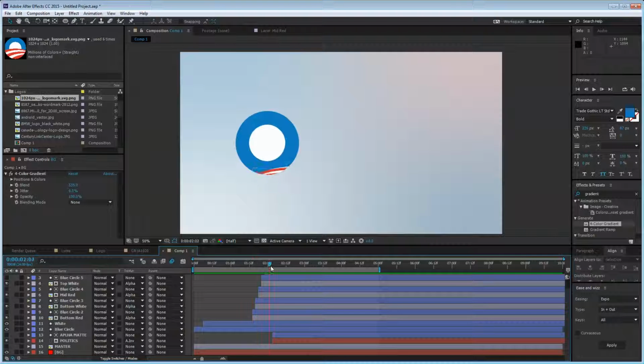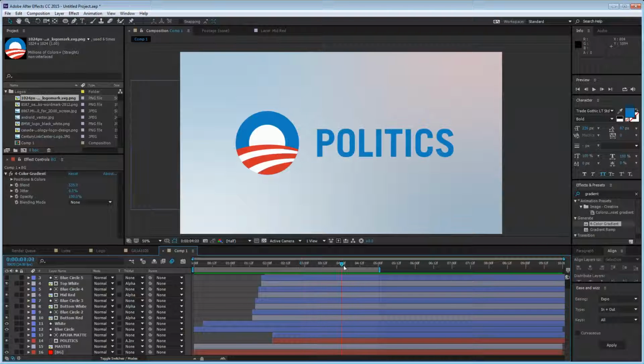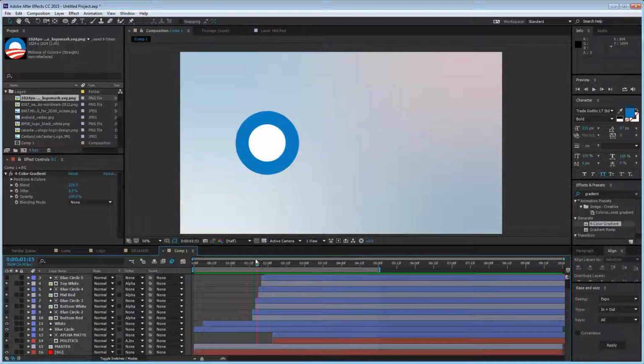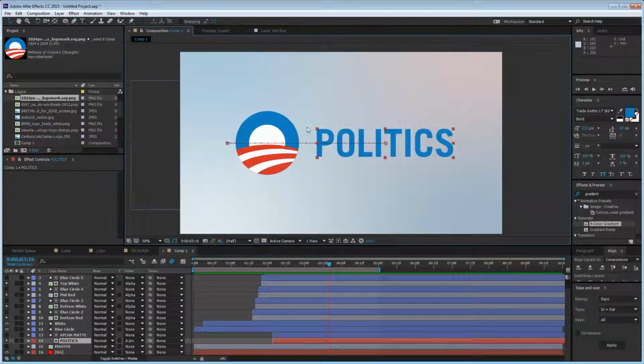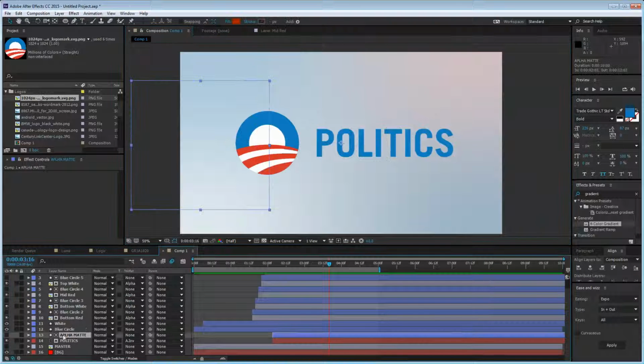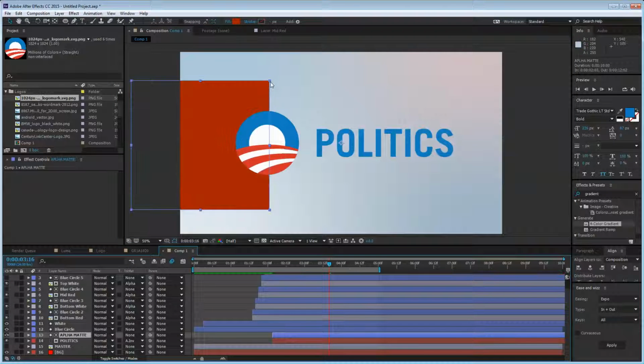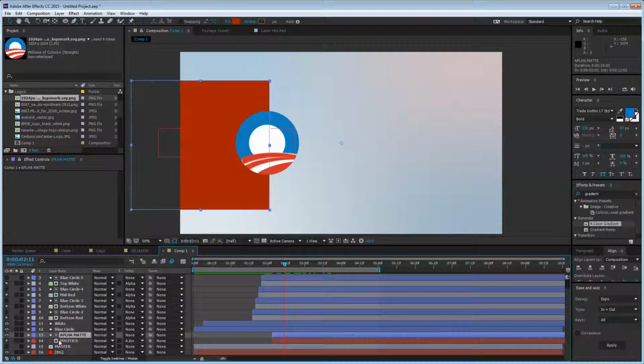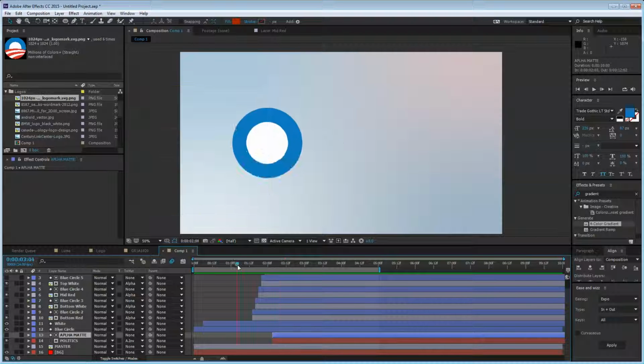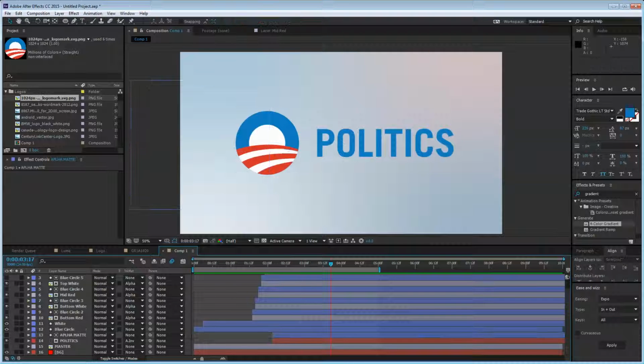Okay, so now you can see that these are only visible when they intersect with our alpha matte, which is our blue circle. There's probably some cleanup to do, but you get the proof of concept there. And our alpha matte for politics, if I show it, hides everything when it intersects with this red guy. You can see it intersecting back here, this being my text box, hides it, which is exactly what we want. Awesome. Okay, I think that's everything. If you haven't watched the